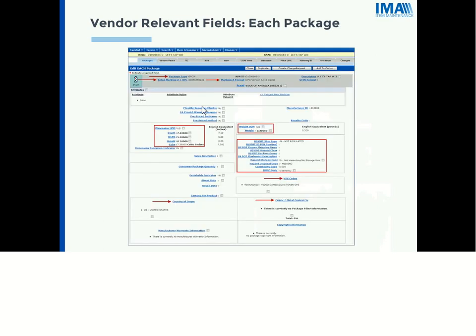Looking here at the package tab, this is an example of an each package. Up at the top, you see your package type. Below that, you see the UPC, and this indicates it's the 12-digit number. Down further, you see an area for dimensions, and over to the right of that, you see an area for weights. We're going to talk about dimensions and weights a little bit more in the next few slides.